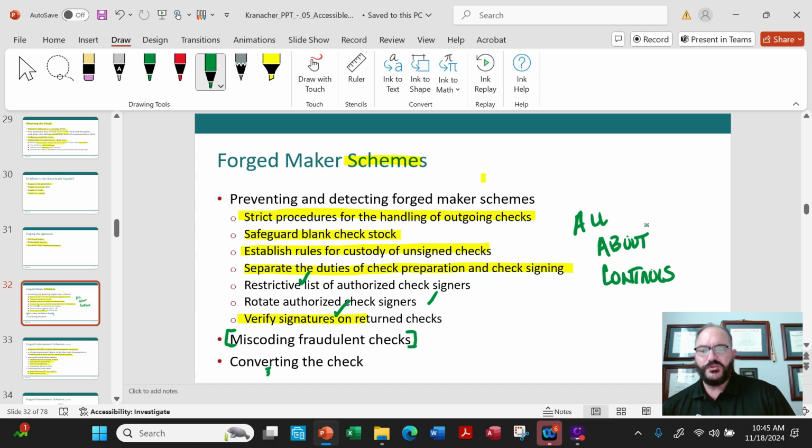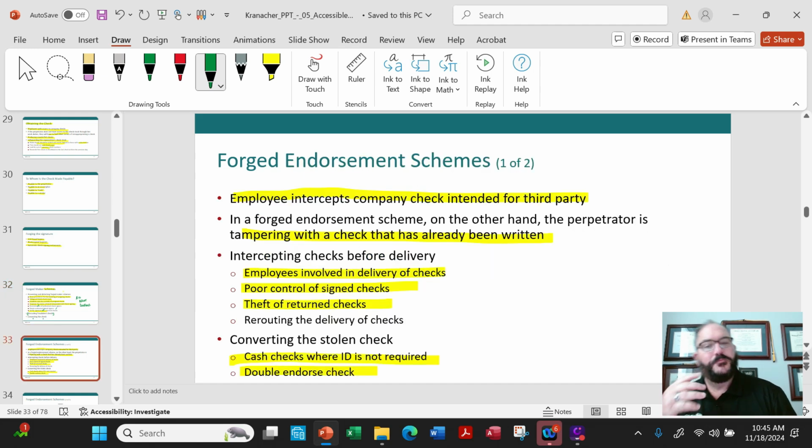And then, how do they convert the check? Because remember, once you have this check, now you have to convert it somehow. Okay. So, one of the things that a company can do, the employee can intercept a check intended for the third party, whatever it is, and then they try to tamper with the check somehow. They can either intercept them before delivery, okay? So, employees involved in delivering it, poor control of signed checks, this is another one, return checks, okay? And then converting the stolen check, cash checks where ID is not required. Now, like a check cashing store,